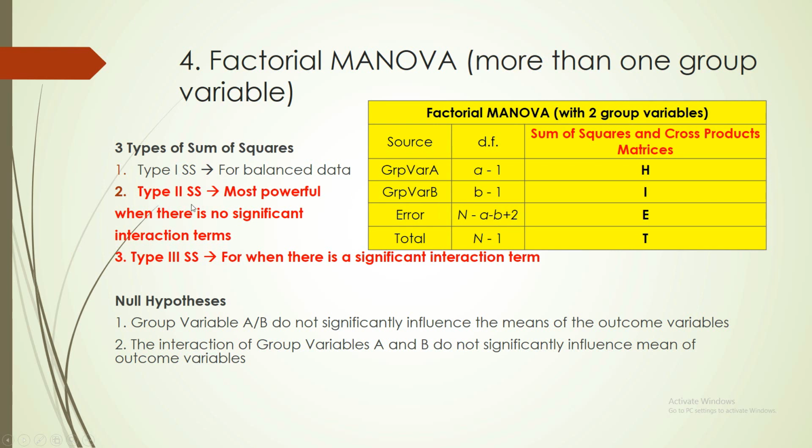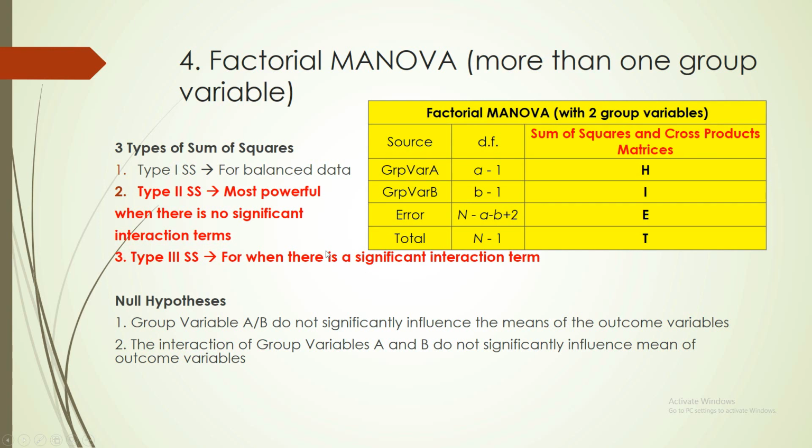And the type 2 sum of squares is the most powerful when there are no significant interaction terms. So let's say that these two group variables do not interact, then it's best to go with the type 2 sum of squares. For the type 3 sum of squares, the values calculated are the most accurate when there is a significant